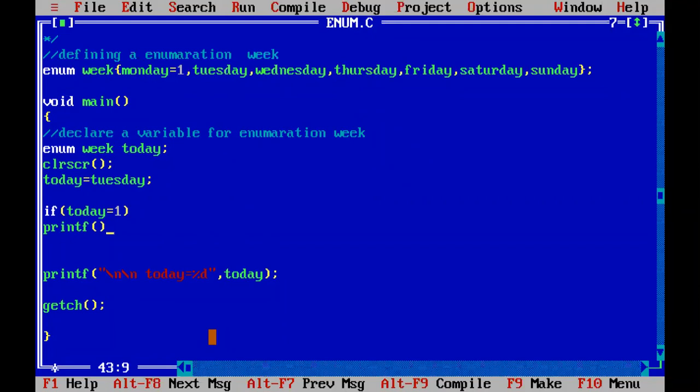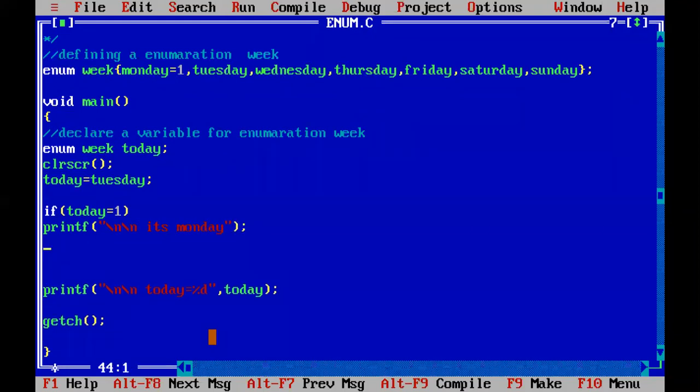The same thing you can print in the printf statement, double quotation, backslash n, and you can print it's a Monday. Otherwise, if it is not equal to 1, you can go to the else if statement. Else if today equal to 2, what is the value represented with 2? 1 means Monday, 2 means Tuesday.